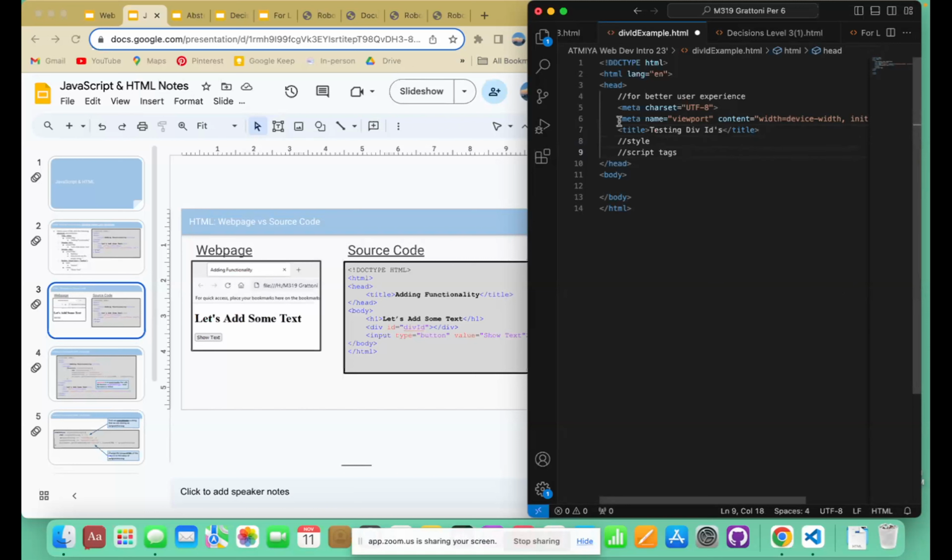Okay, so continuing on. After the title tags, we have the style tags, right? We talked about how style tags mostly just have